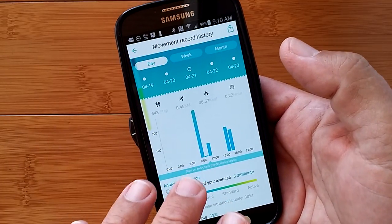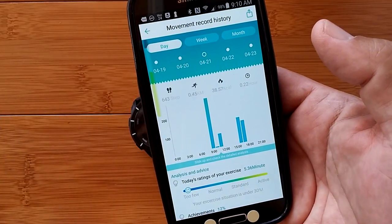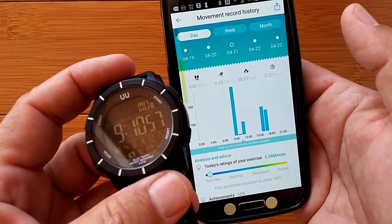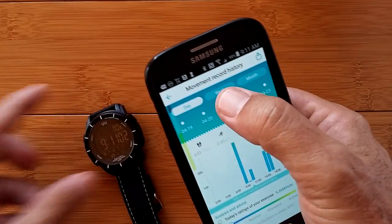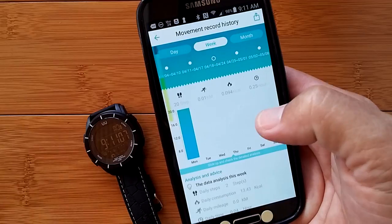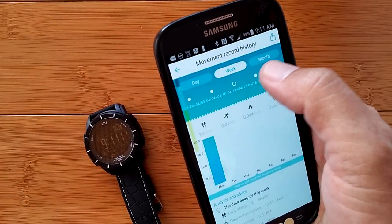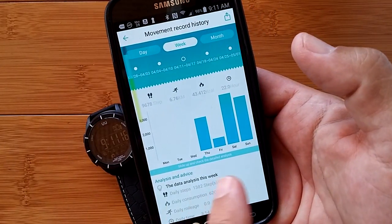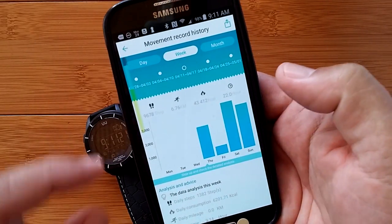This is not going to discriminate on whether you're running or walking or jogging, whether you're in your target heart rate zone or not. There's no heart rate monitor on it. It's a simple digital watch that, oh, by the way, will track your steps and keep an annual log of them. Here's the weekly report. And I can change weeks. There was what's considered last week through Sunday, and this being Monday is starting the next data,